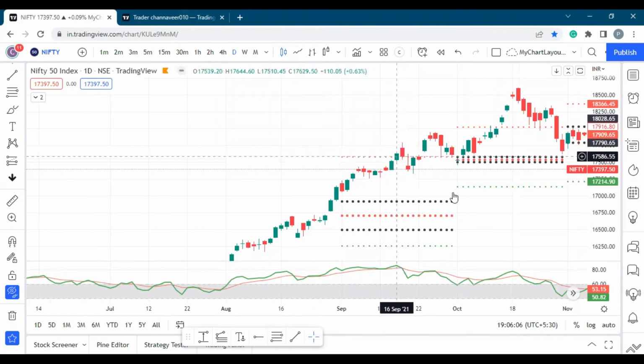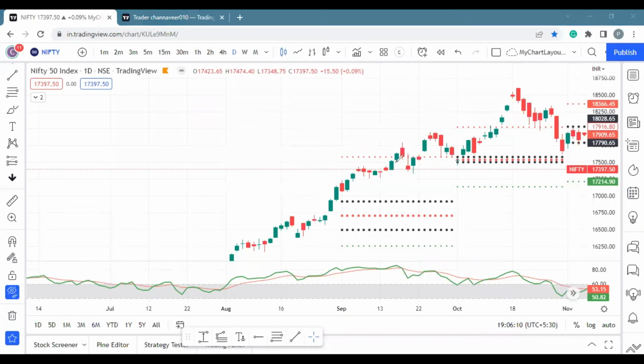The other opportunity which we got is the breakout of this R1. Somebody who has taken this breakout of R1 keeping the SL just below R1, then the stop loss would have triggered. But if you see the price action, there is a small consolidation being formed. The logical stop loss would be just below that consolidation rather than just below the R1. However, as per this strategy, let's accept that this has triggered our SL. So we'll look for the other opportunities.